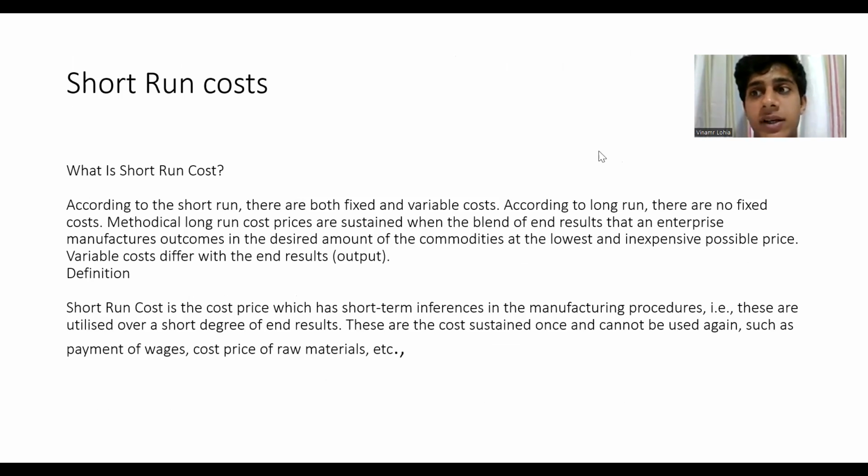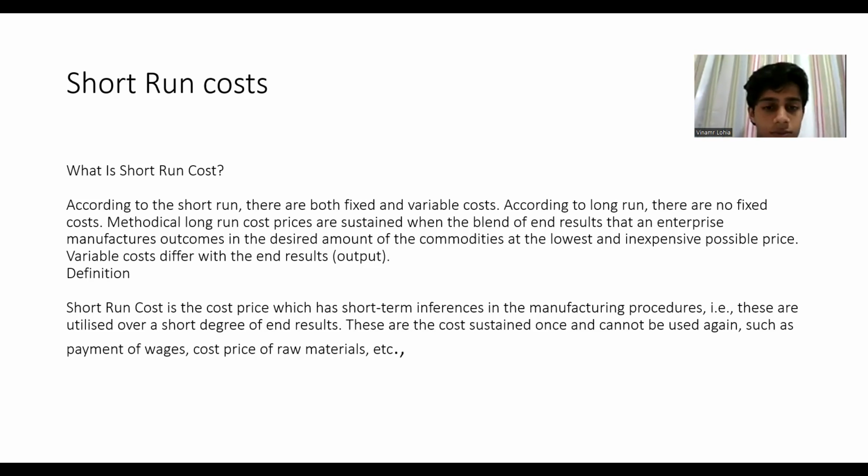It can be variable as well, right? Because rent can also increase. Rent can increase, but it will not increase with an increase in production. Rent can only increase with the period of time. And there are agreements formed before rents increase, between the premises owner and the tenant. So rent can be a fixed long run cost,